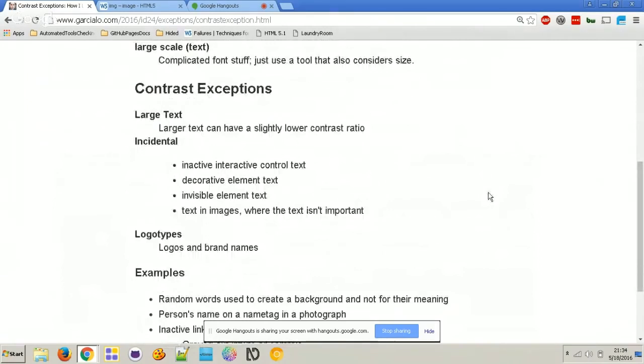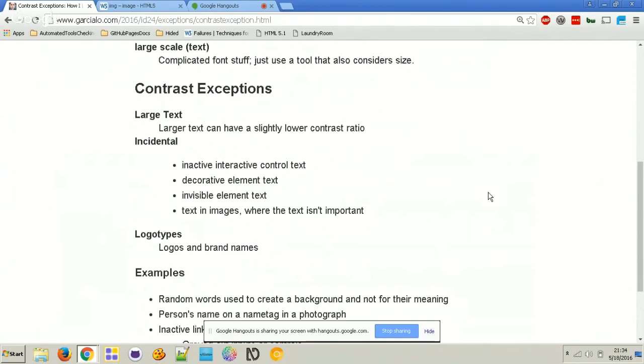In some situations, you need to learn it just to apply it, and that makes sense in some cases. But most of the time, you're not really going to need to do that. All right. So the exceptions that we have for contrast, the first one I've already mentioned, is large text, right? If you have large text, it's easier to see, and so the contrast ratio between the text and its background doesn't need to be as high.